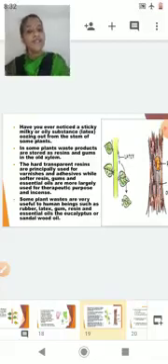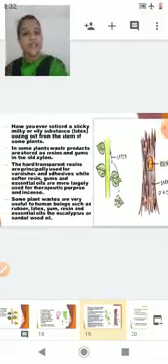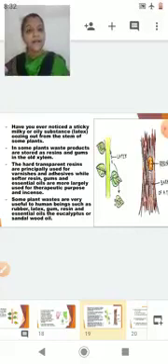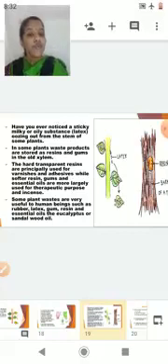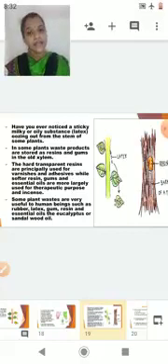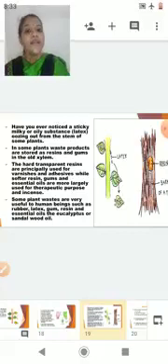Now when you have visited a garden, many times when you might have plucked a leaf, you might have seen some white colored milky substance oozing out. That white colored milky substance which oozes out is called latex. It is from the latex of the rubber plant that we produce rubber. Now some waste products are stored in the form of resins and gums.